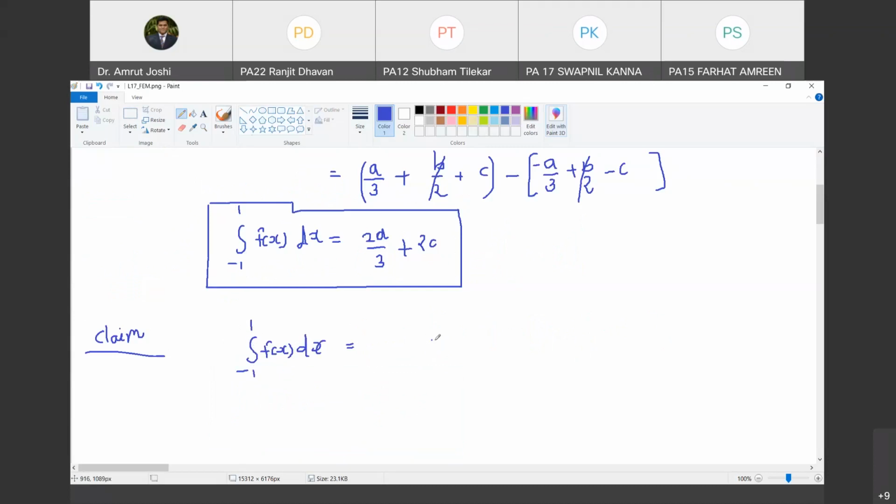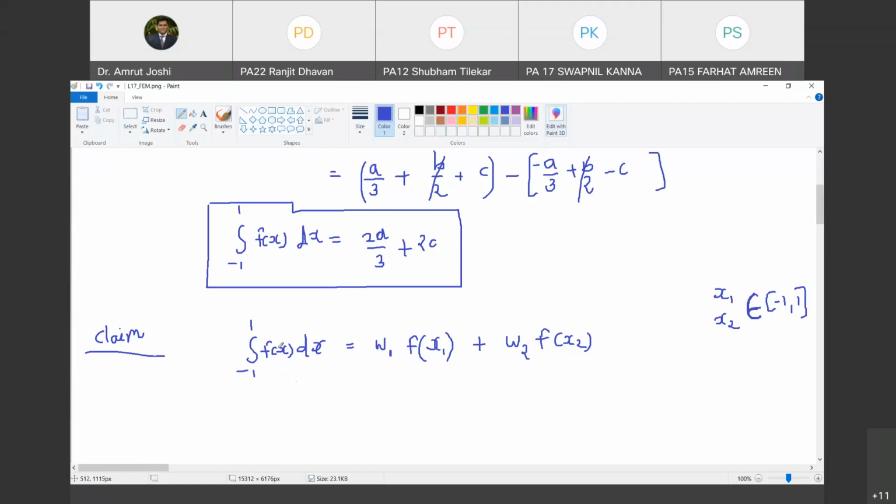I will call those points x1 and x2. I will evaluate the value of the function at x1. Are you with me? Yes, sir. I will evaluate the value of the function at x2. So x1 and x2 belong to the closed range -1 to 1. There are 2 points, x1 and x2, which belong to the range -1 to 1. This sign indicates belongs to. And I will assign weights to them. So W1 will be the weight assigned with x1, and W2 will be the weight assigned with the value of the function at x2.